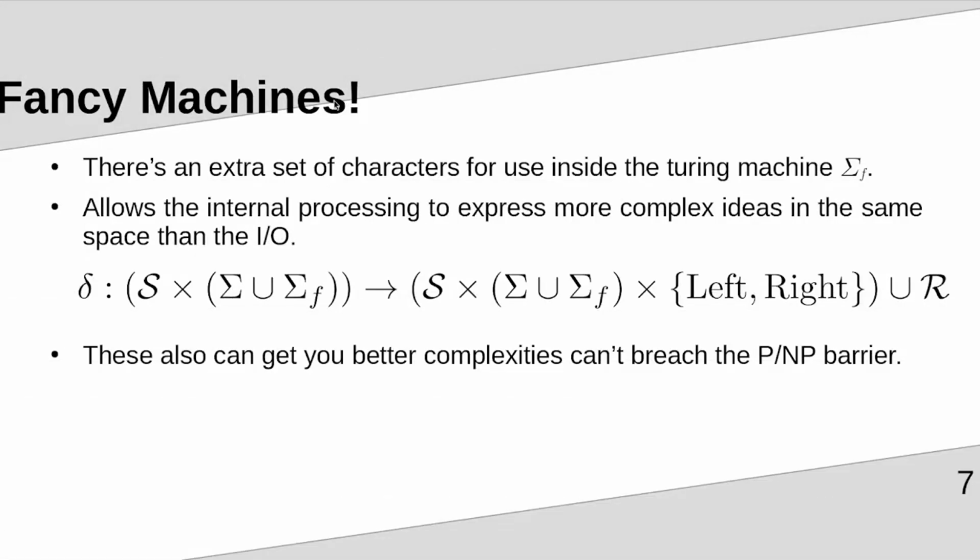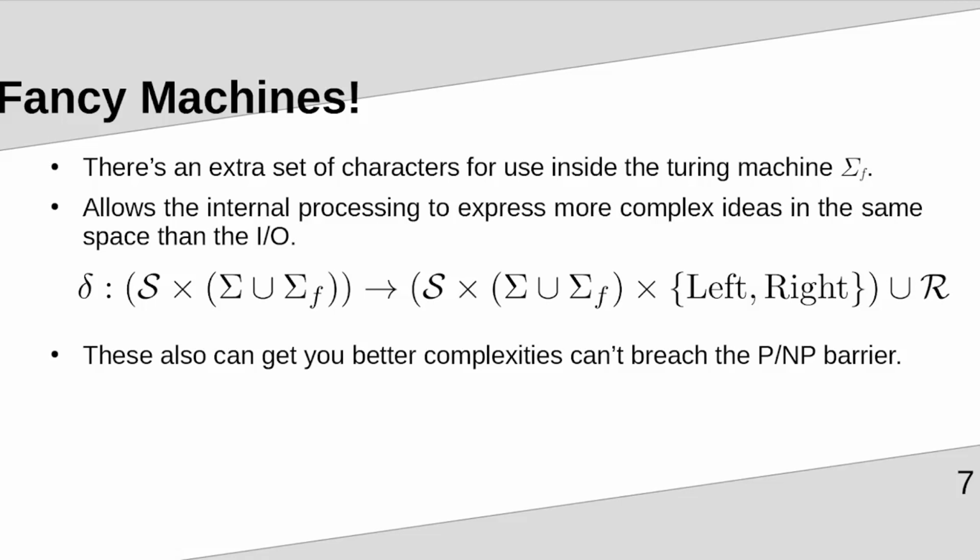So another kind of better upgraded bonus Turing machine is a fancy machine. These guys have an extra set of characters, sigma f, that are used in the internals of the machine, so they're not on the input tape and they're not really supposed to be on the final tape either. So sigma maps S Cartesian product sigma union sigma f to S Cartesian product sigma union sigma f, and so on. The point is that the set of characters available to be used in the transition function is now larger, and so you can express more complex ideas in the same amount of space and the same amount of time, because writing